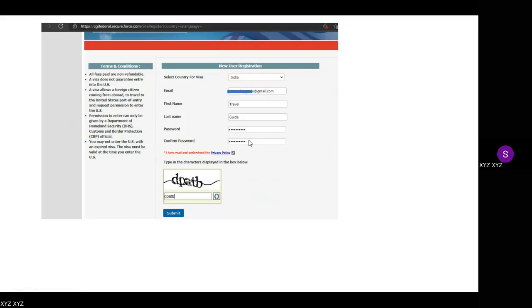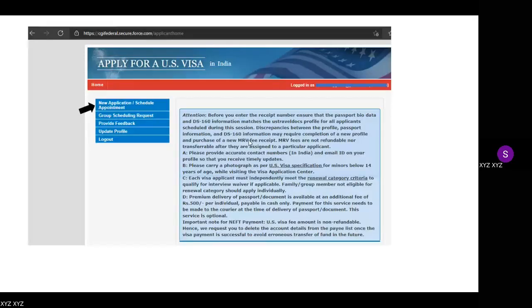Make sure you are providing a common email ID which you use, because after providing these details, you will be getting all the official communications in that email only. Okay, so once you are done with this profile creation, you have to just click on the submit button and go to the next page. So here comes the next page.